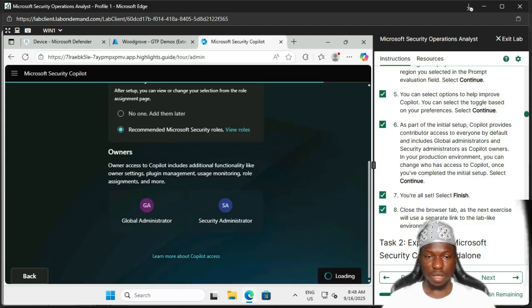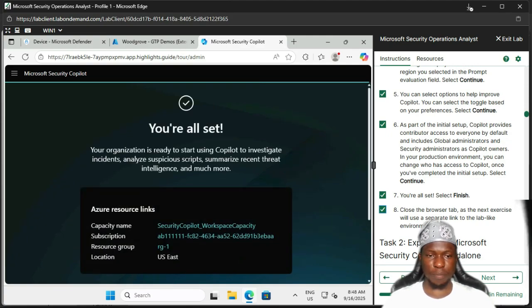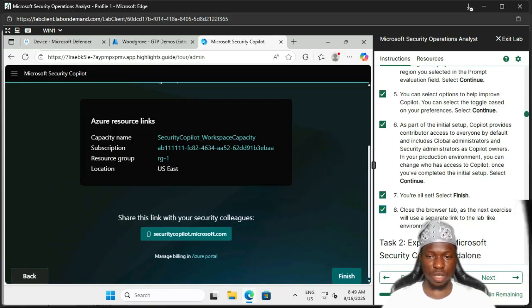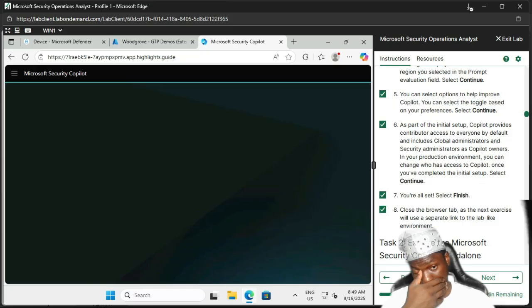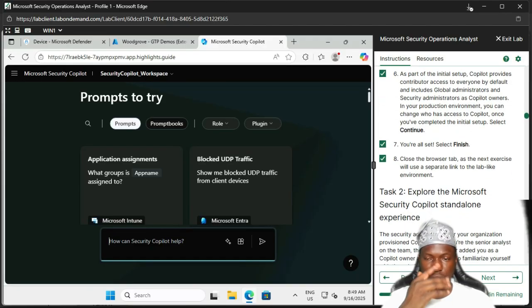Okay, and this is the last step. Okay, so yep, you are all set, and we are good to go. So finish, boom. So as you can see, we have been able to provision Copilot. So now